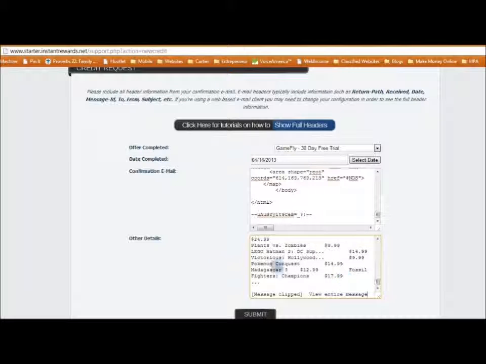All right, this will make sure that your offer gets credited as soon as possible. It typically takes between 24 to 48 hours when submitting a credit request. Most of the time it happens pretty quickly. Okay, and then you go ahead and click submit. All right, make sure that you've chosen your right offer and chosen the right date. Once you have this coding for the confirmation email, and then you have the other details, the original email, you'll be good to go. Click submit, and